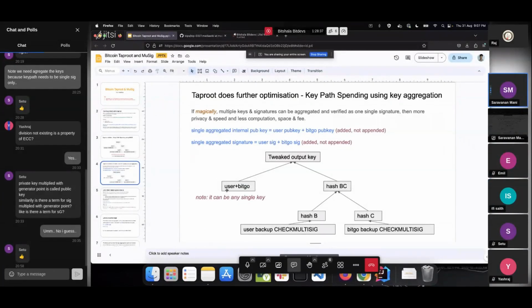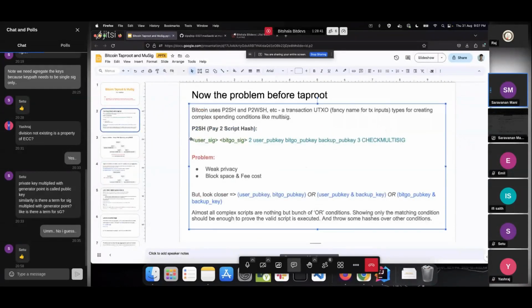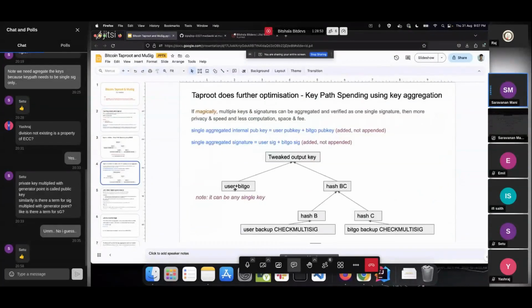If we use a single signature instead of two signatures, like we do here, right? We use two signatures here. The verifiers will need to see the two signatures out of these three public keys. So it takes two signature informations. In this case, we will only present a single signature because it is aggregated, and one single public key which is aggregated. So the block space, I mean the transaction size, is reduced, as well as the information is